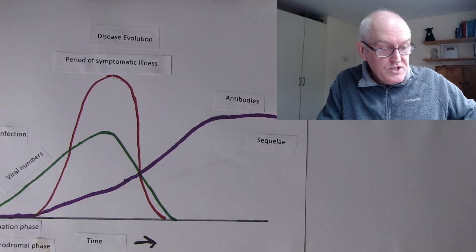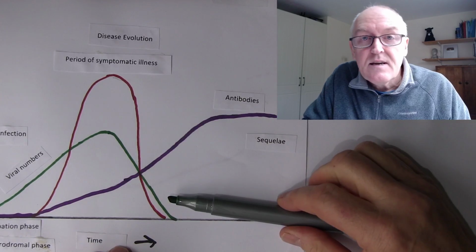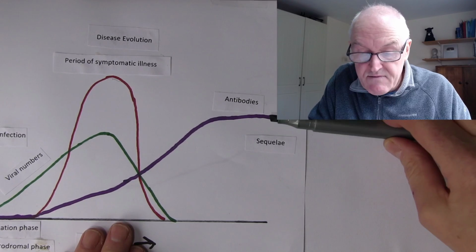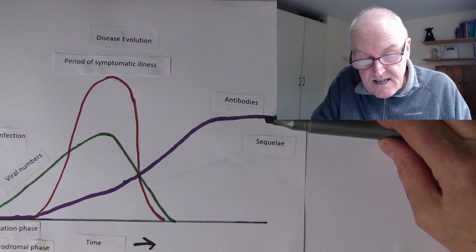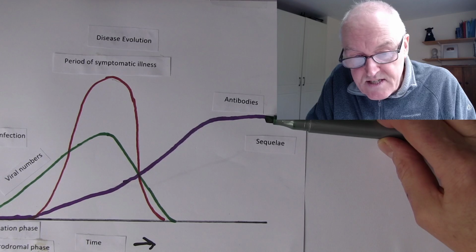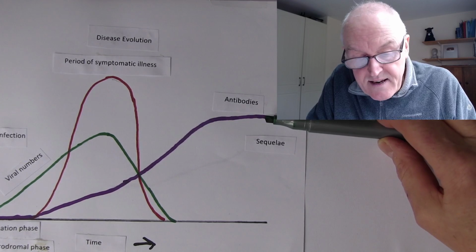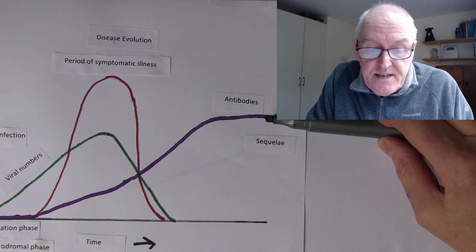That is why once someone has suffered from the infection, they will become immune to it, because they have the antibodies to that infection. They can combat it, and they have the memory lymphocytes that know how to make these antibodies very quickly again, if they need to. The trouble is every virus is a bit different.